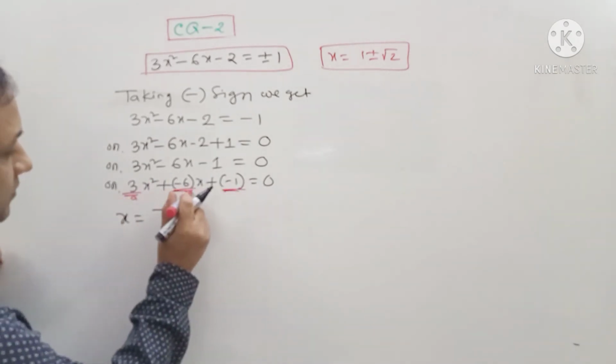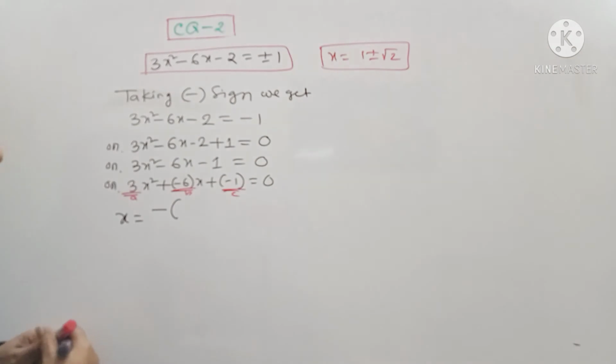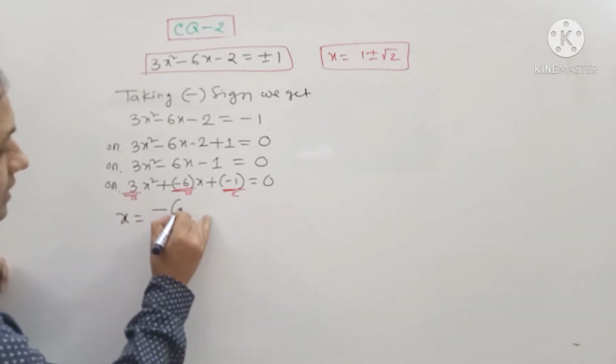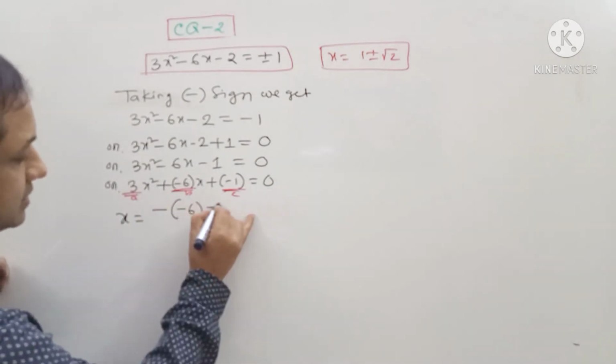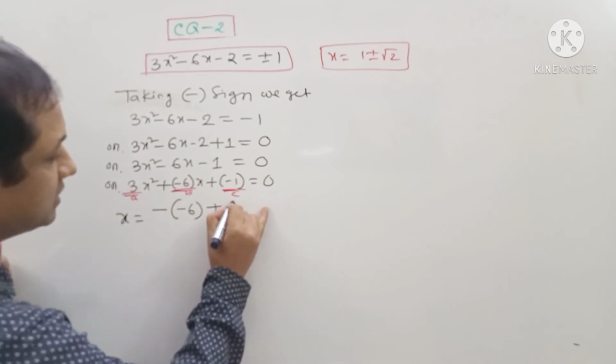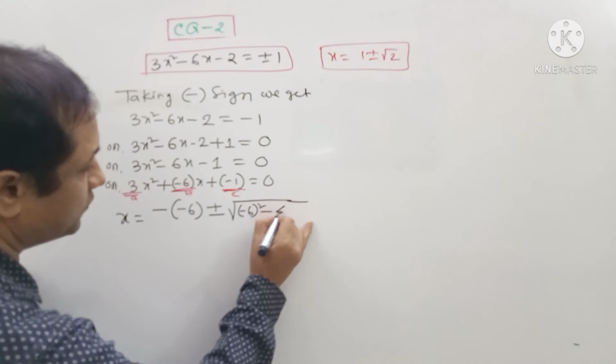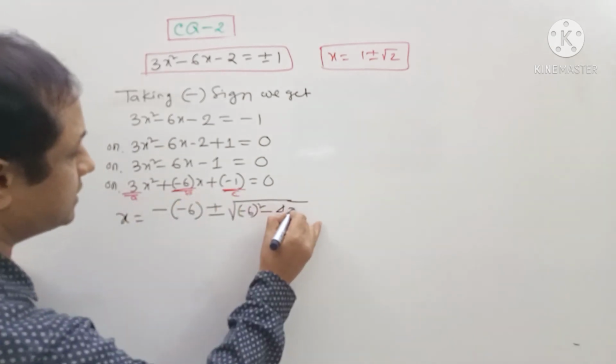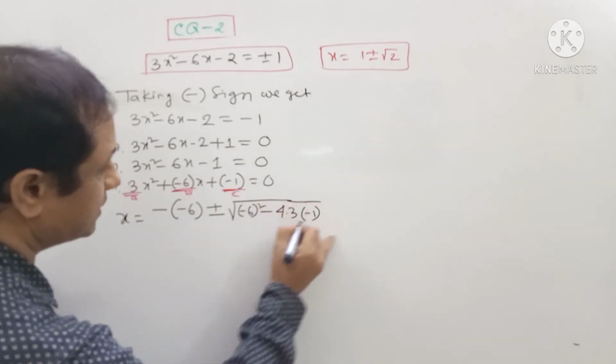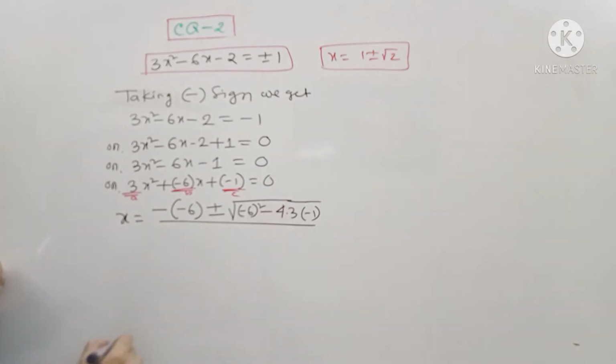So using the formula, minus b, b is minus 6, plus minus root over b squared minus 4, a is 3 and c is minus 1, by twice a